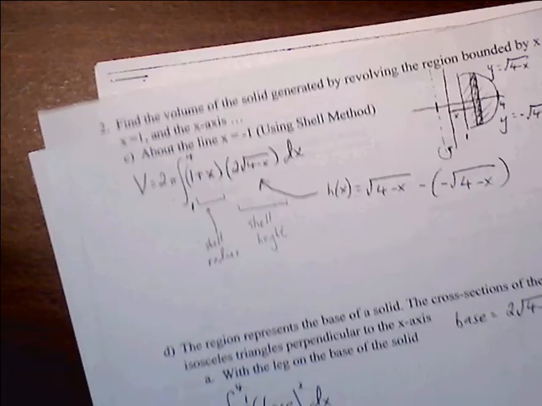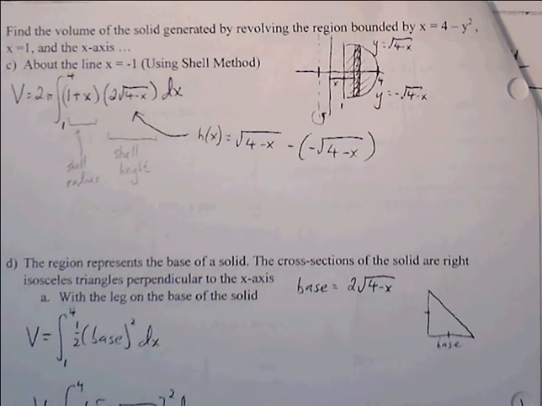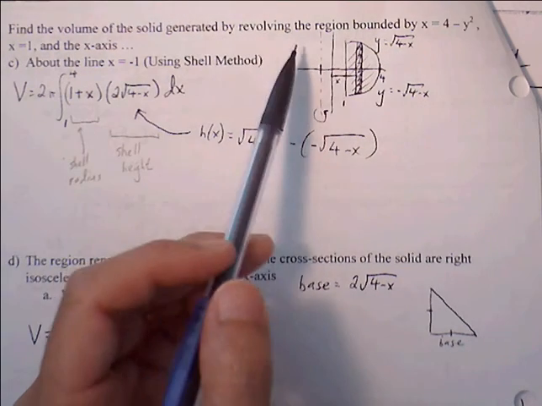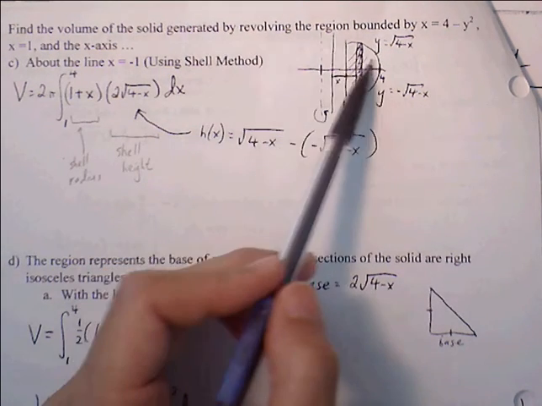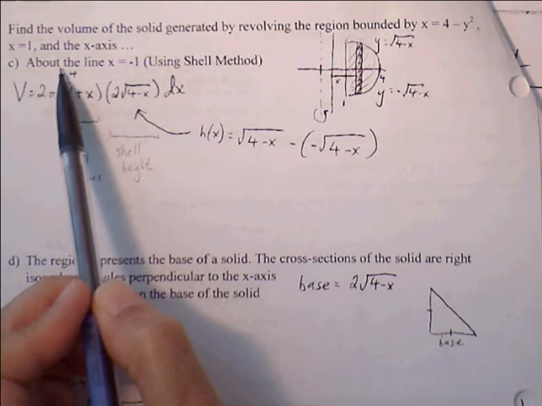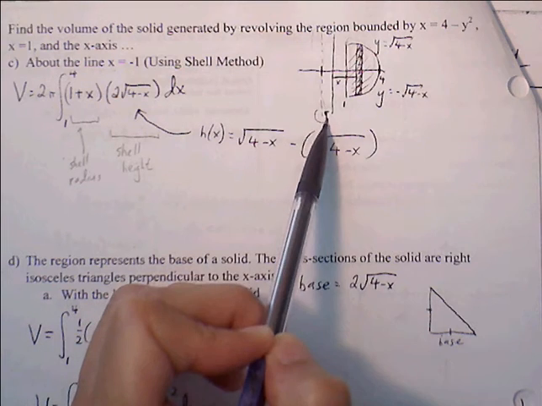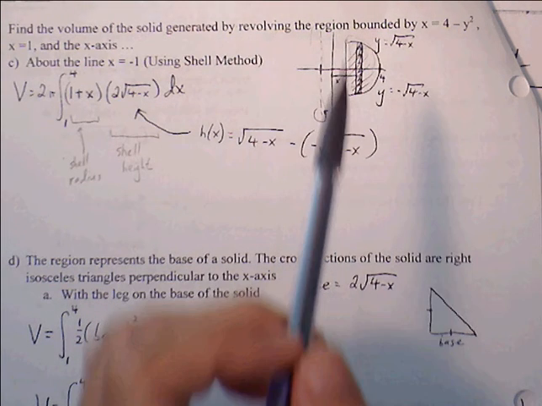Okay, let's look at the back page here, number 2. Find the volume of the solid generated by revolving the region about x equals 4 minus y squared. So it's the same graph here. Here's the curve, here's x equals 1, here's the shaded region. But now we're rotating about the line x equals negative 1, but we want to use the shell method. So the shell method,